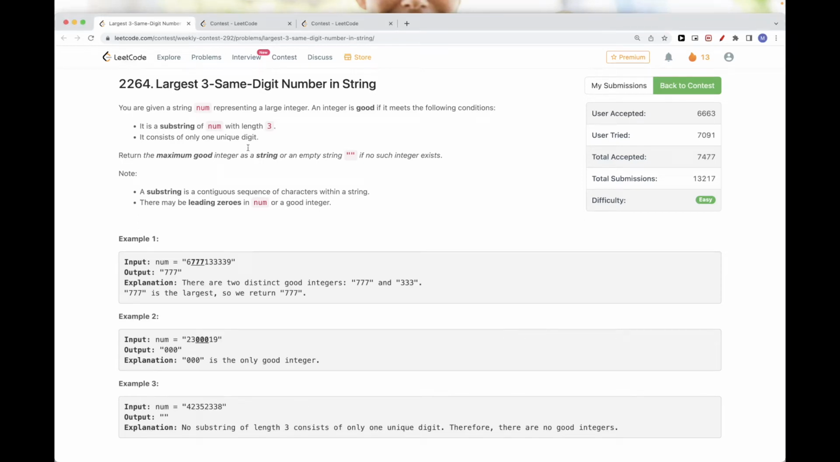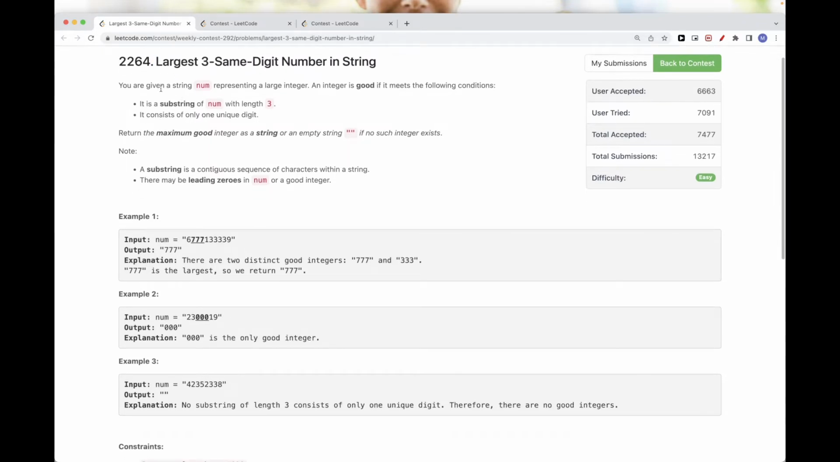Hello, so today we are going to do this problem which is part of the Leetcode contest this week. It's Largest 3-Same-Digit Number in a String. The problem says we are given a string num representing a large integer, and an integer is good if there is a substring of length 3 that consists of only one unique digit. This is the definition of a good substring, and you want to return the maximum good integer